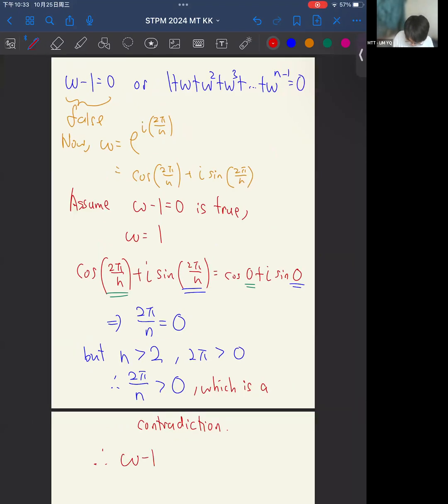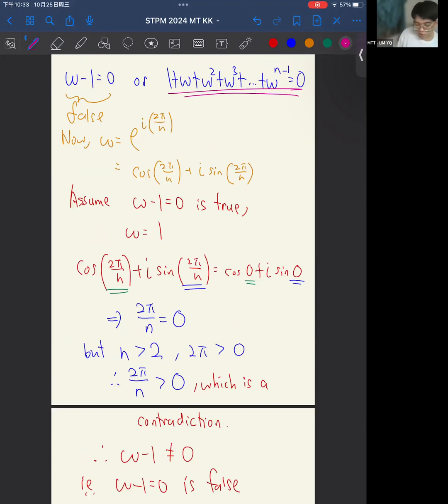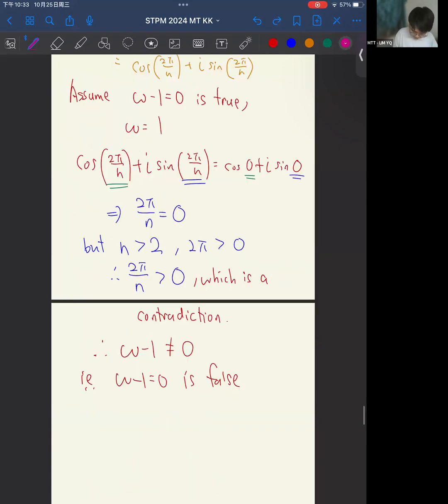Therefore, W minus 1 is not equal to 0. Meaning that we already proved that, or in other words, W minus 1 equal to 0 is false. So we can make our conclusion, this is true. Therefore, 1 plus W squared plus W to the power 3 plus ... plus W to the power n minus 1 equal to 0 is true, and we have done the proof. This is the best way that I can give you. If you want the really best way, okay, but